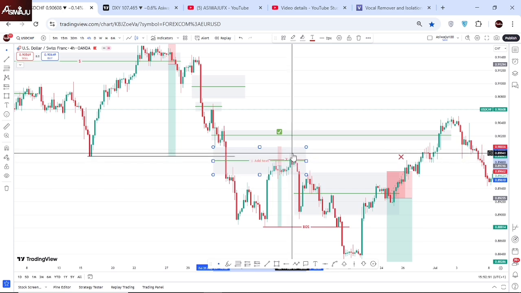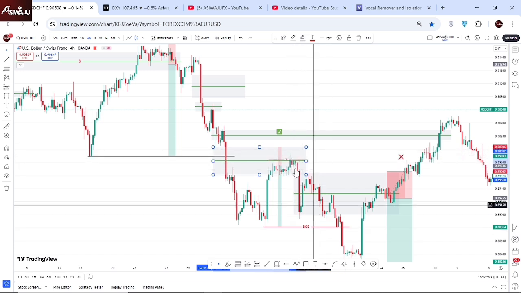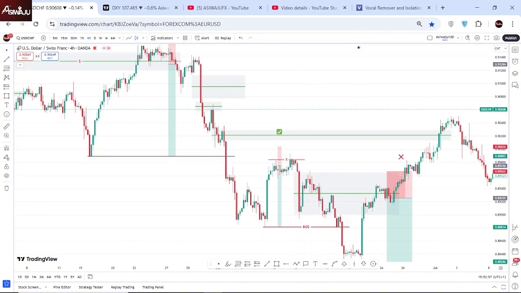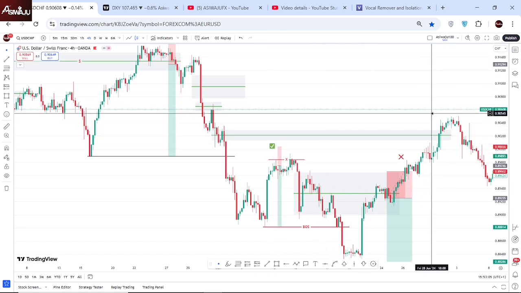So we can make use. Immediately price filled up to the 50% level of your inefficiency and went down, gave you some profit, then you are not going to make use of it anymore. So get rid of it. So let's just get rid of that. So now when you look at this,